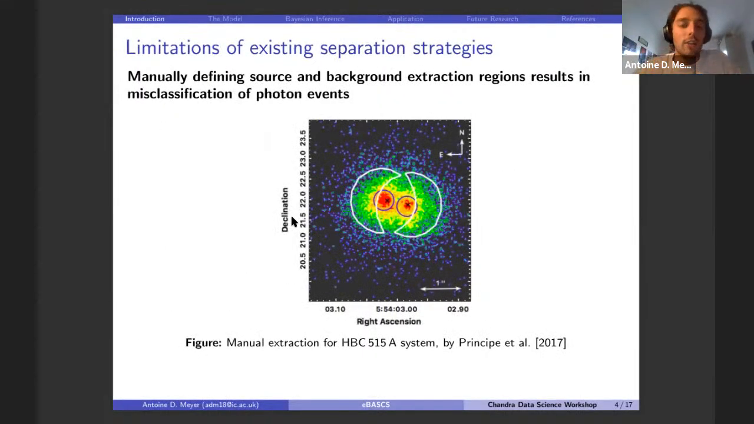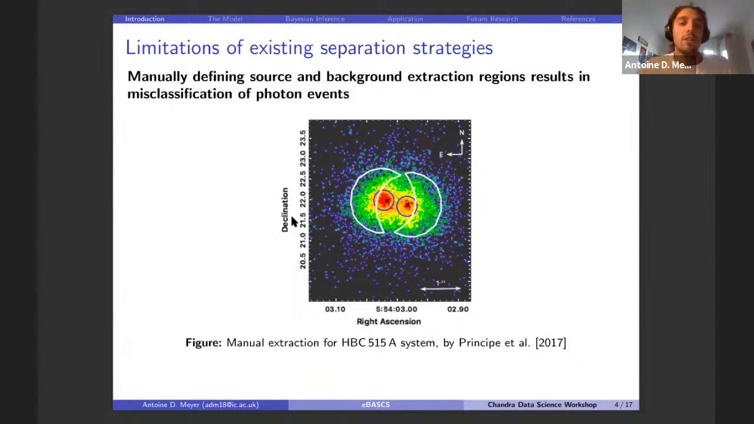So usually the way to go around solving this problem is by manual extraction, meaning that you would define source and background extraction regions. For the source region, you define a region around the core of the source, and maybe in other regions, such as in the source's wings that are away from the overlapping region. The problem with that is,